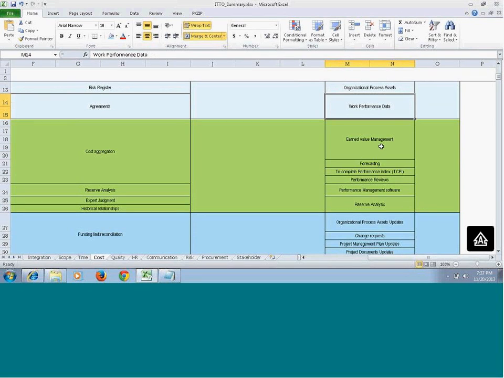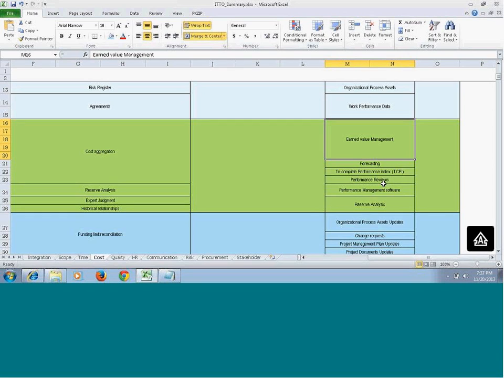So now for the tools and techniques, you will be using earned value management. This is a very big chapter here. Earned value is one of the places where you will get a lot of mathematical questions in the exam, so you can easily get good marks here if you get the correct answer. Other questions might be multiple choice, and most of the questions will be similar in nature. So there won't be any confusion, because you will get one correct answer.